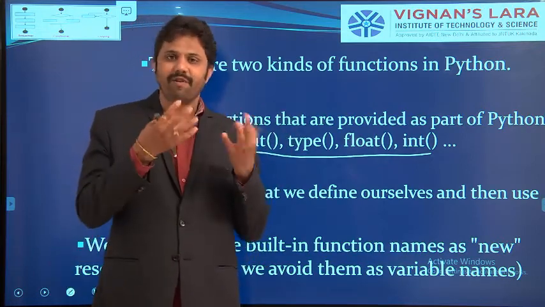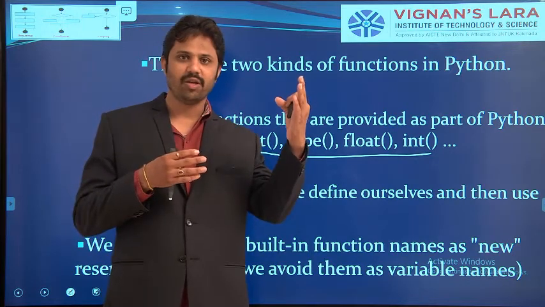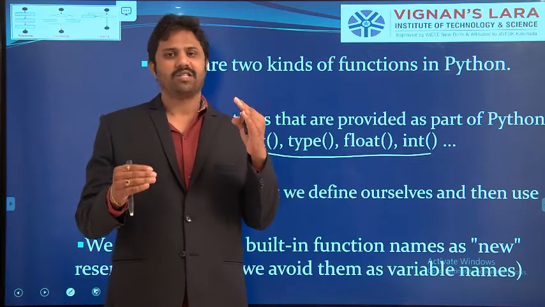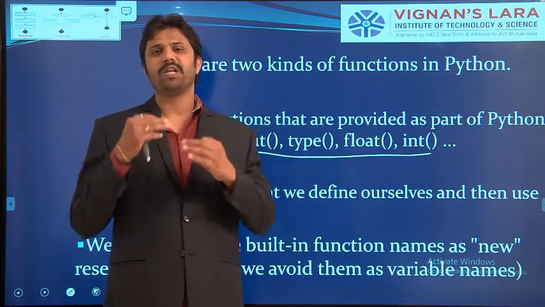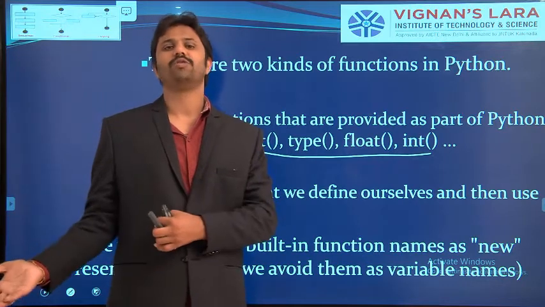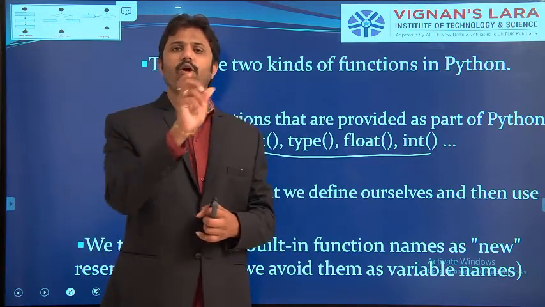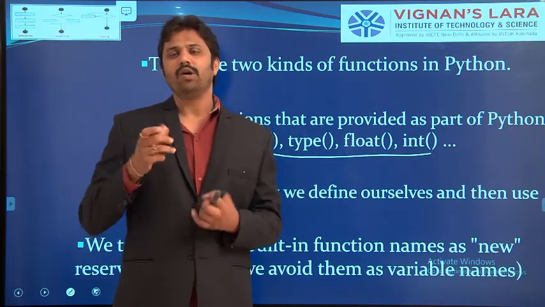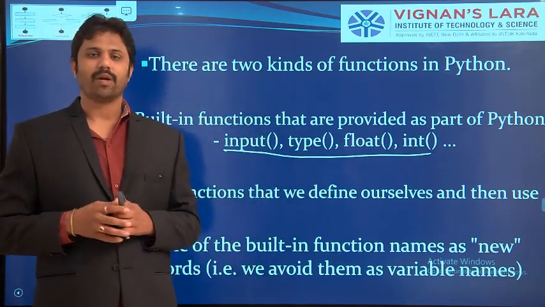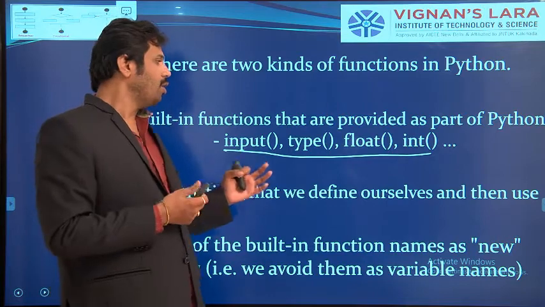We call that a function. Whenever you want to repeat those statements, you simply call that function, and then automatically those statements are executed. Those statements are nothing but user-defined